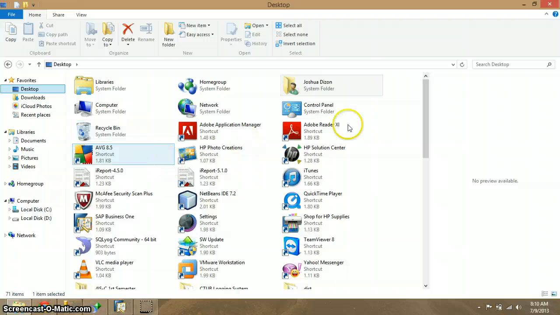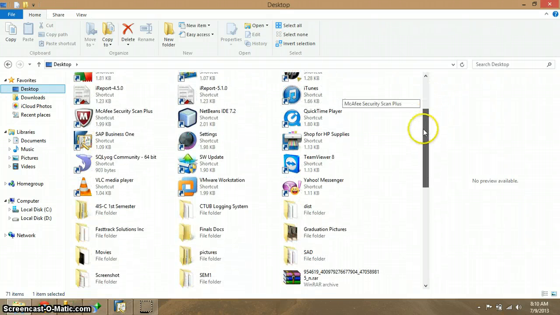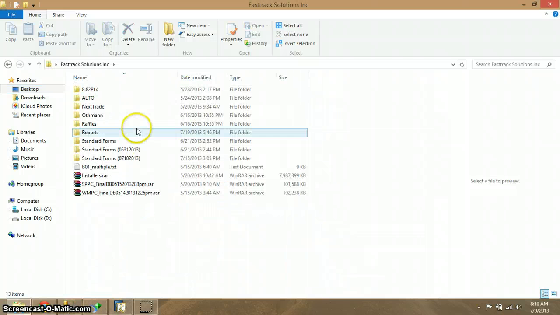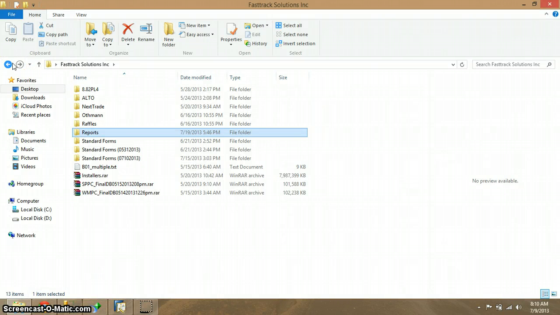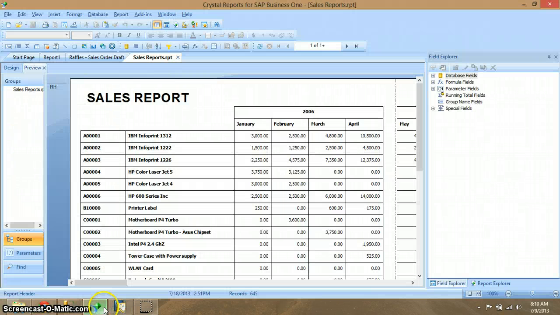Desktop for IS, look for the folder of Fast Track Solutions. And I think it's where can I look, reports? No, I actually made two reports for that. Sorry, I can't locate the other file. So I'll just explain it to you further.